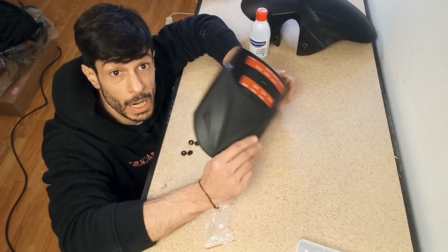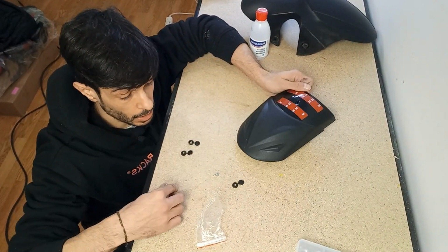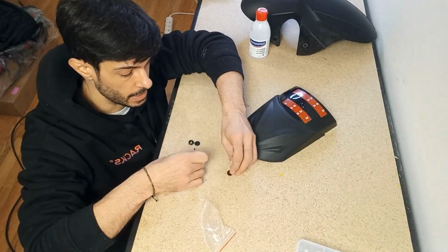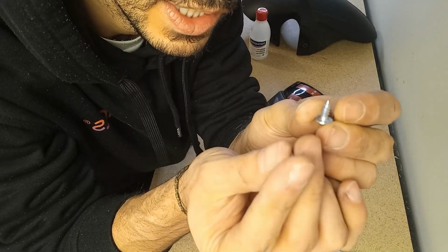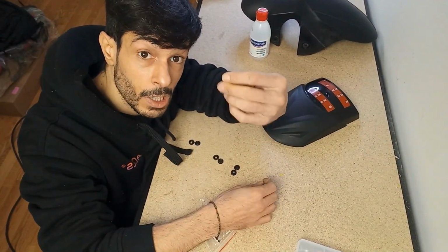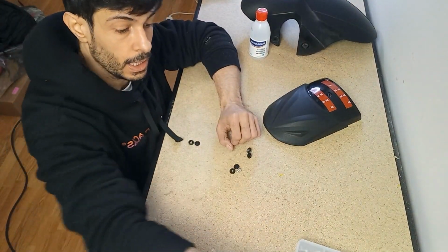The extender is super generic. You can find this in pretty much every online shop. I bought it on Amazon. And the other thing that it comes with is this baggie that has these things, which are screws, as you can see. And I don't really feel comfortable having a pointy thing close to my tire. So what I thought is that I would just use